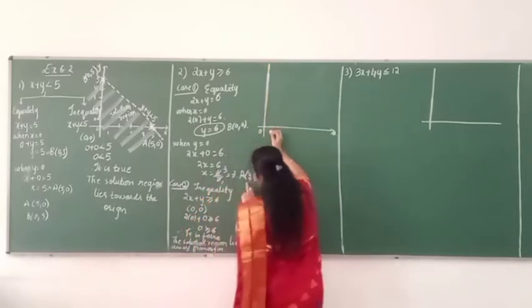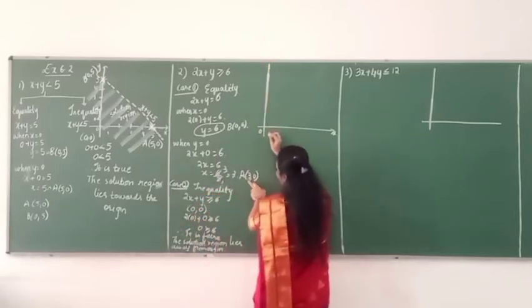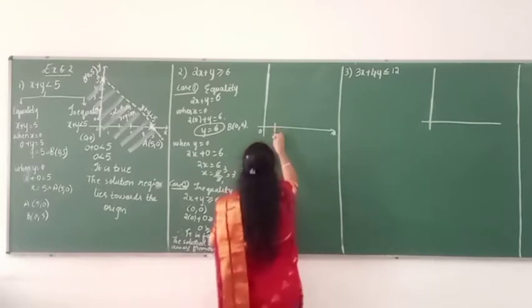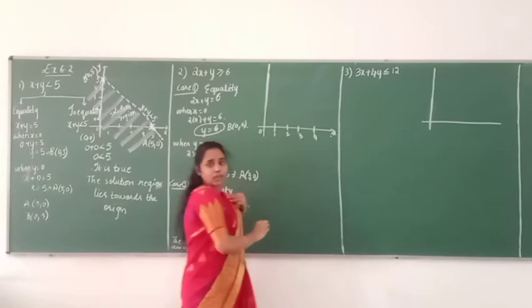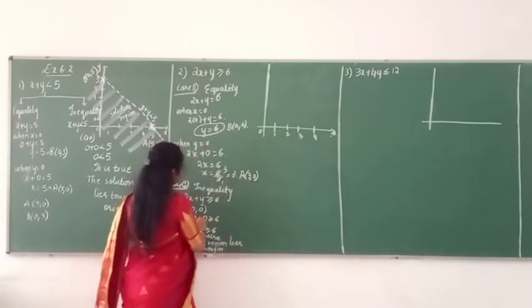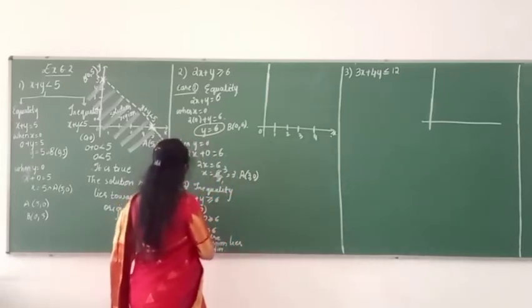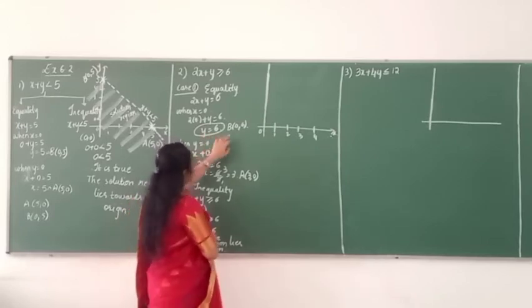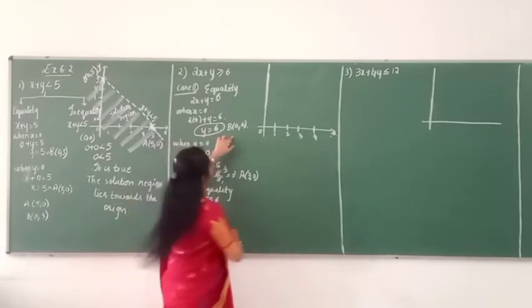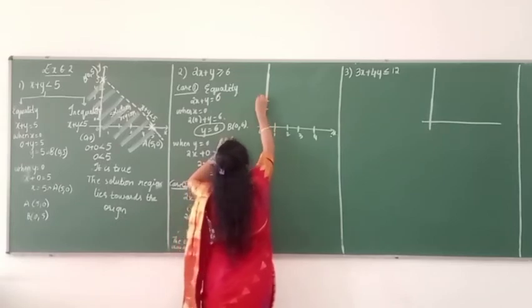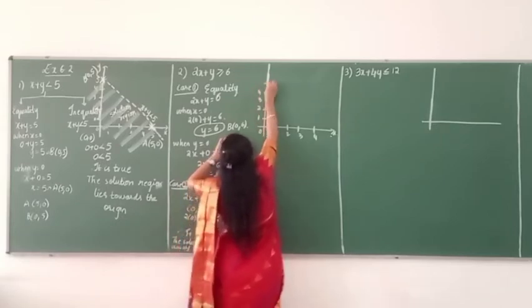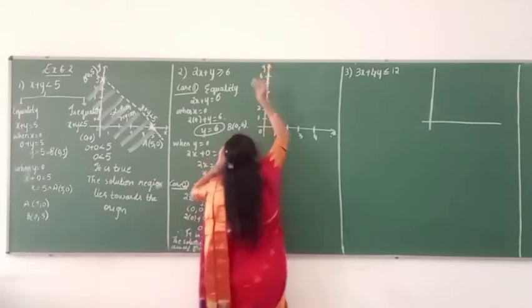So here, x point is what? On the x-axis, you can write the numbers 1, 2, 3, 4 and so on. Next, just check with your y-axis here. Y-axis is what? 0 comma 6. So I think we need to write up till 6: 1, 2, 3, 4, 5 and 6, which is nothing but the y-axis.